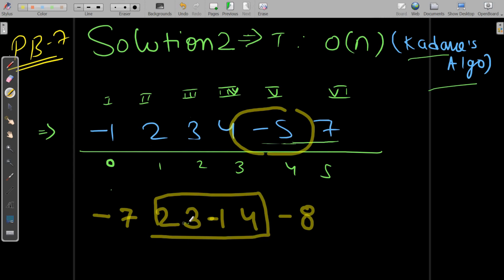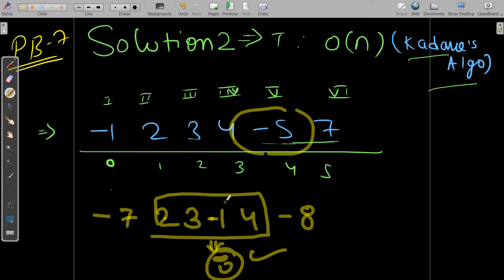And suppose you take 2, 3 and 4, which you can't do because it is not a contiguous subarray. You can't skip this -1. You have to take this -1. And when you take this -1, the value that you are going to get is 3 plus 2, 5, 5 minus 1, 4, 4 plus 4, 8. 8 is going to be the answer, and it is the maximum one.